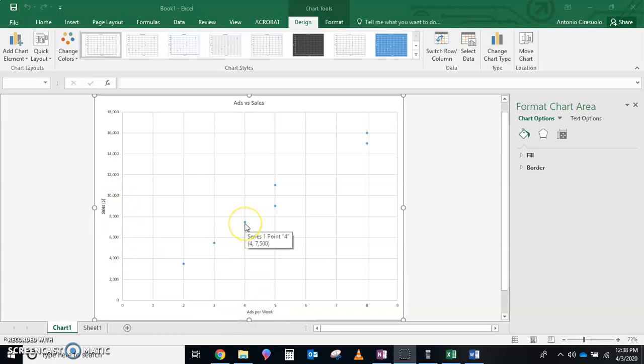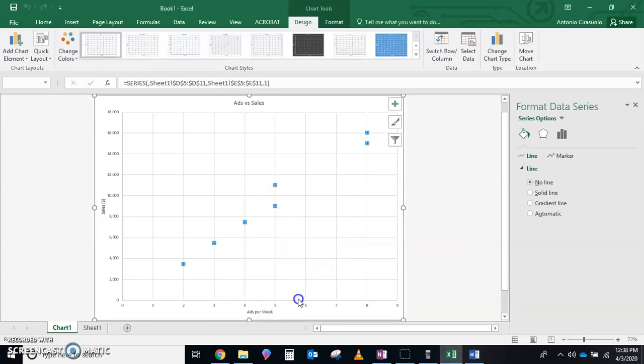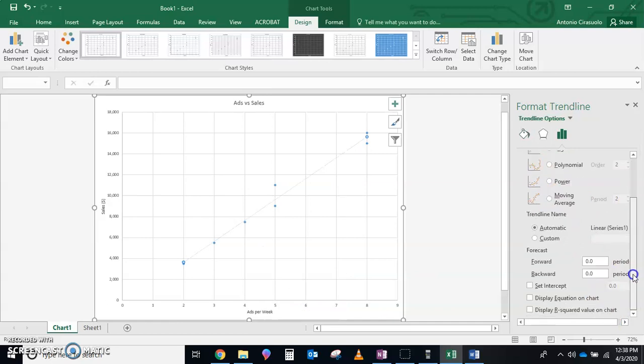And if you actually go and right click, you should be able to add the trend line. Okay, and it's linear. All right, and there we go. As well, you can display the equation on the chart and the r squared value as well. And actually, let's put the intercept in here. Okay, and we should expect, there we go,